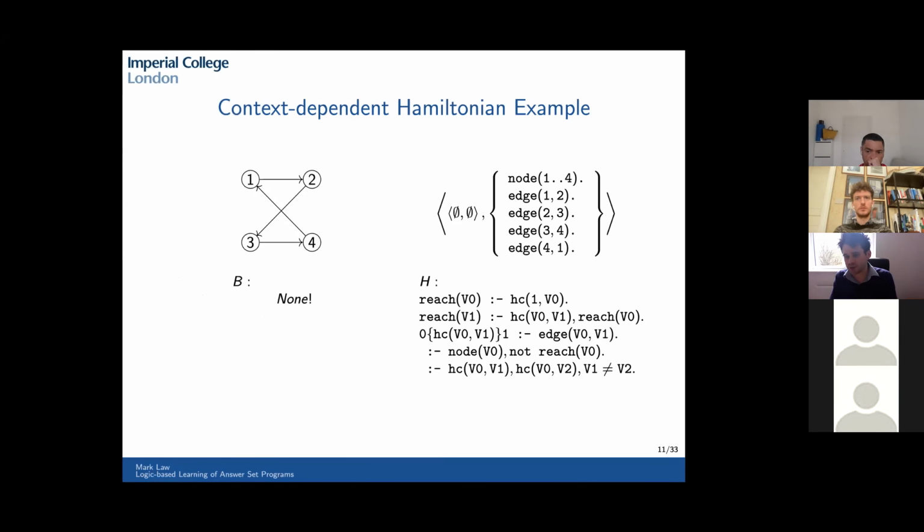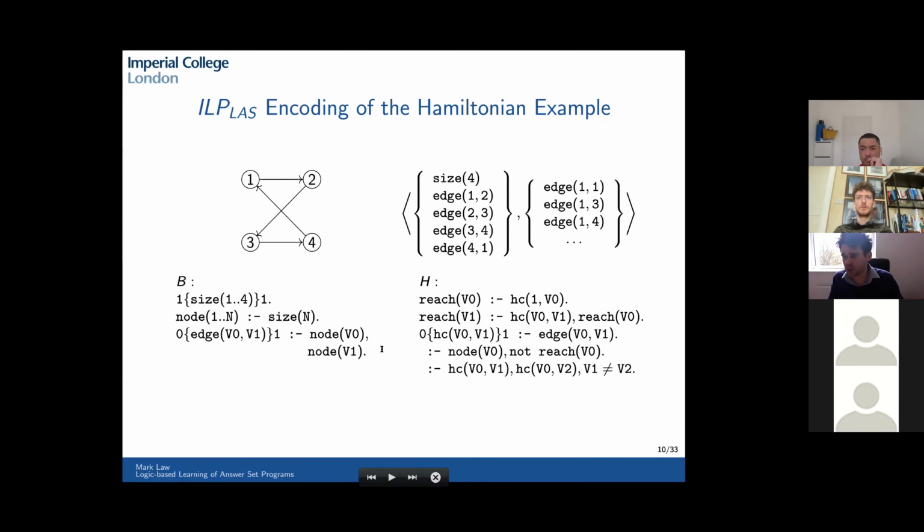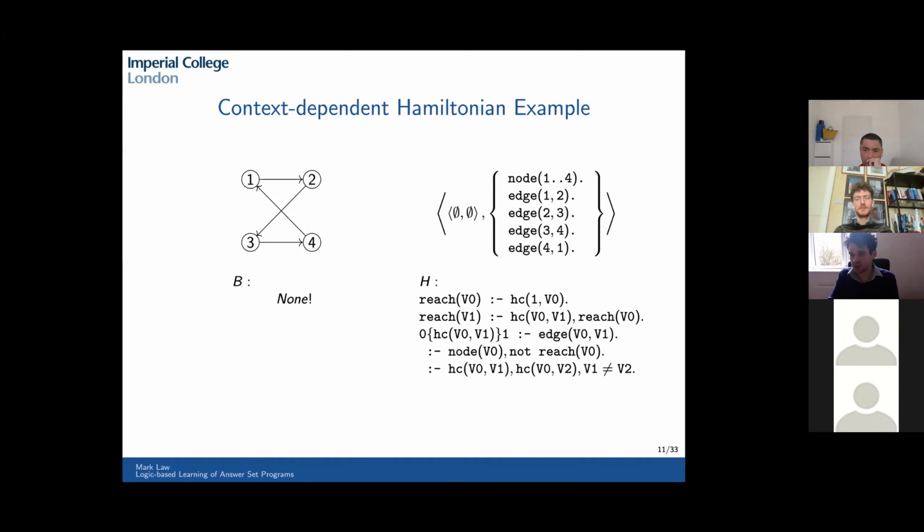Whereas if we just give the context, then we only have to reason about the answer sets that are actually given. Also, more fundamentally, it allows us to represent problems in a slightly more natural way. So you'll notice when I give the background knowledge, I have to give an upper bound on the size. So if I have a new example that comes along now that is a graph of size 5, I have to alter the background knowledge in order for that example to work. Whereas when you've got context-dependent examples, you don't need to do that. You just carry on adding the examples and it will be taken into account.